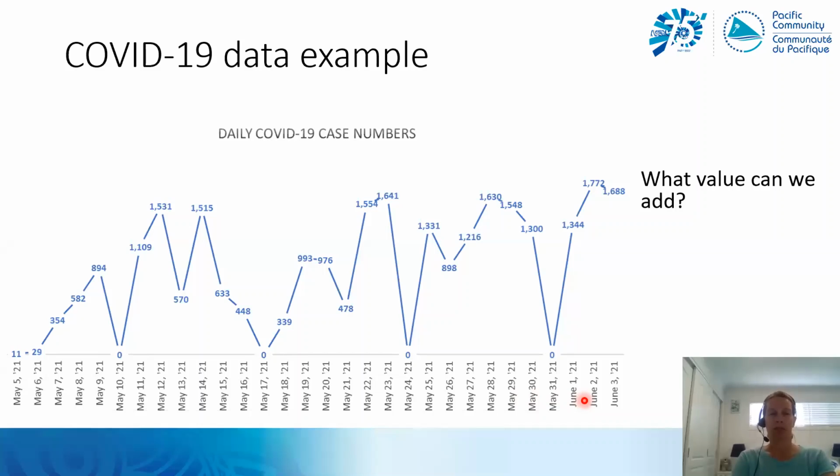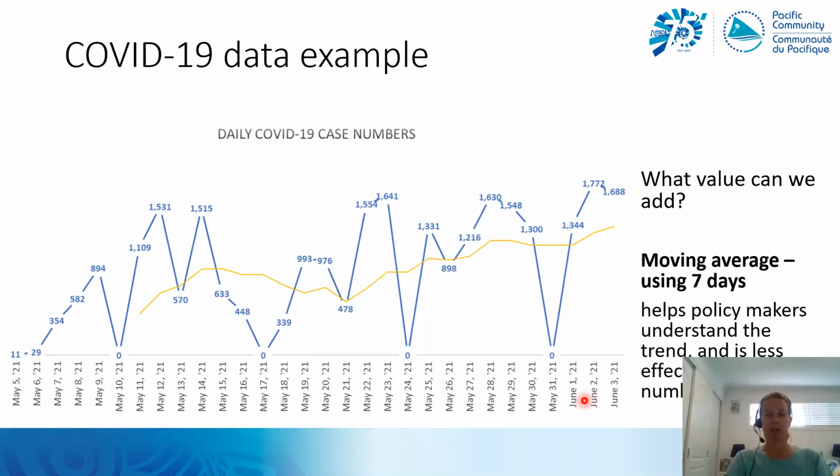Now just think back to the previous slide, and I talked about smoothing the data. So a nice thing we can do, because it is so erratic day to day, is we can introduce a moving average, where I'm taking blocks of 7 days and rolling that forward a day at a time. So this first value here is the average of 11, 29, etc, up into this 7th day. And then the next point on this curve starts at day 2 to day 8.